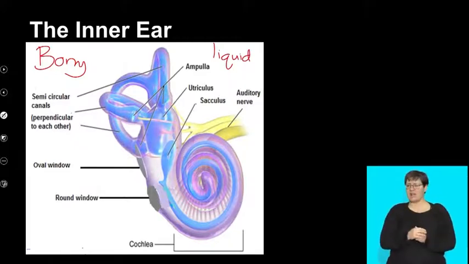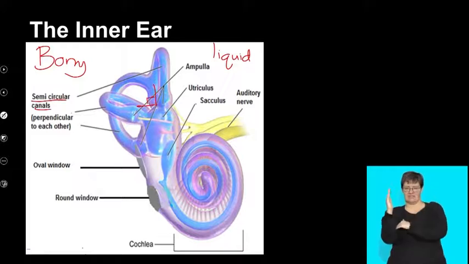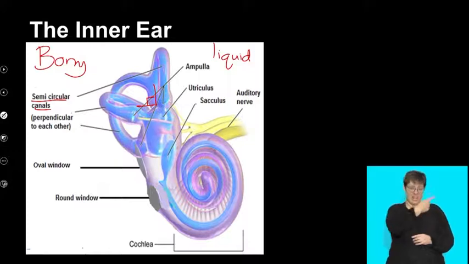So like I said, little snail, it's got the 3 semicircular canals, right? And they are perpendicular to each other, which means 90 degrees, right? And that's all to do with balance. We'll get there in detail a bit later. And at the bottom of each of these canals, there are little bubbles. And these bubbles are called